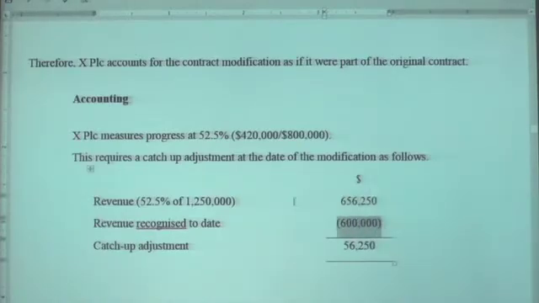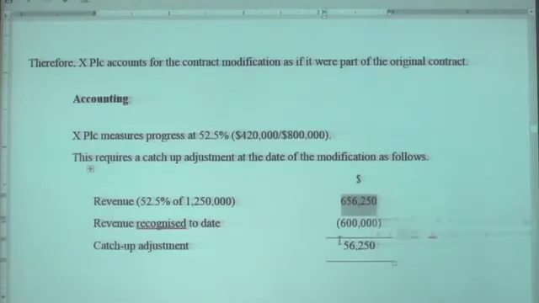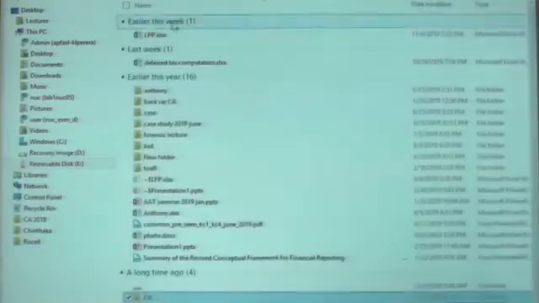Cost again 420,000, because it is the actually incurred cost. Clear? If you consider new revenue and new cost, you will have a new profit. Or if you consider new revenue and the previous revenue, you will have the same thing because there is no cost change. Is that clear? The same thing you can calculate in a different way. Got it? I will show you how you can calculate in a different way, otherwise you will be confused.